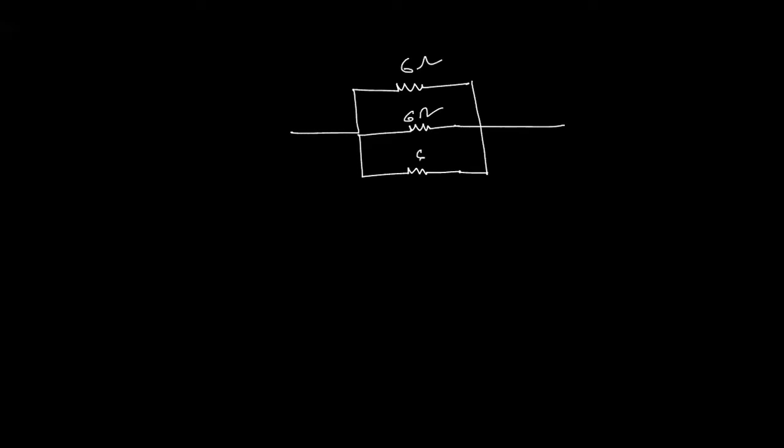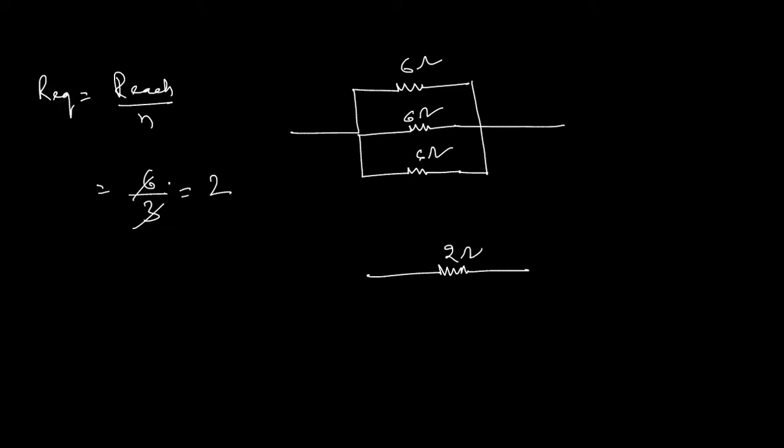दूसरा, अगर सारे रेजिस्टर्स सेम ओम के होते, suppose this is of 6 ohm, and the one is also 6 ohm, another one is also 6 ohm, they are all connected in parallel. So what you need to do here is R equivalent in parallel is equal to R each upon n. कितने रेजिस्टर्स हैं? सब 6 ohm के, तो 6 divided by n. How many resistors are there? 3. 6 divided by 3, you will get 2. तो R equivalent for this, means इन तीनों रेजिस्टर्स की जगह पर आप एक 2 ohm का रजिस्टर लगा दीजिए, वो बराबर बात होगी. Okay,